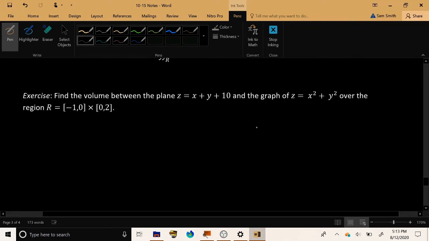Now let's try it with this example. Find the volume between the plane z equals x plus y plus 10 and the graph of z equals x squared plus y squared over the region [-1, 0] by [0, 2]. Now, when the question is given to you in this format, it is your job to determine which function is on top of the other, which function is on the top of the region,